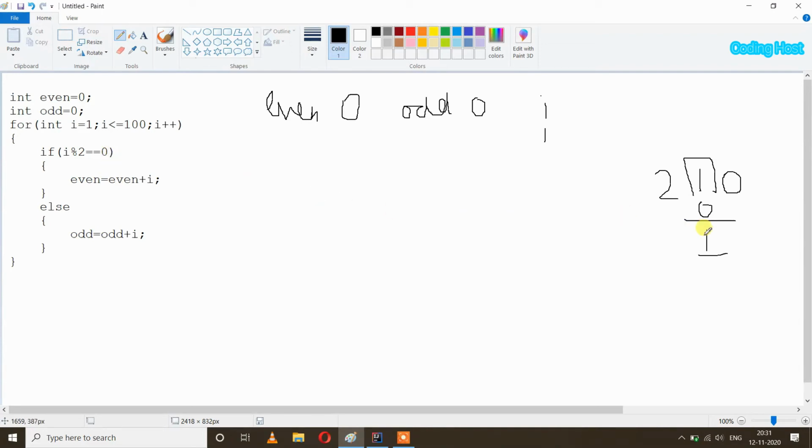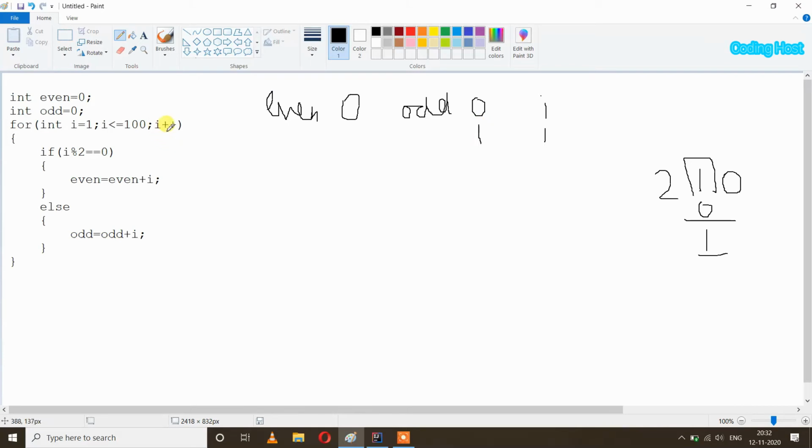So that means it is an odd number, and our condition is false, so it will not execute, and our else part will execute, and here it will execute odd equal to odd plus i. Odd is 0 and i is 1, so 0 plus 1 is 1, and after that we store it back in the odd variable. So now this odd variable has 1 inside it.